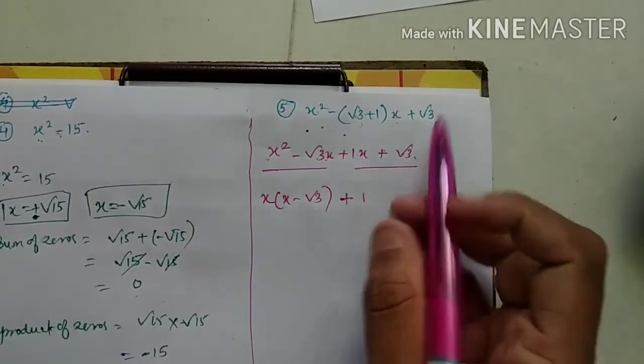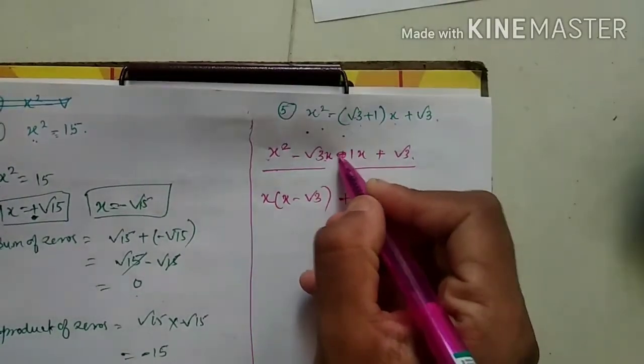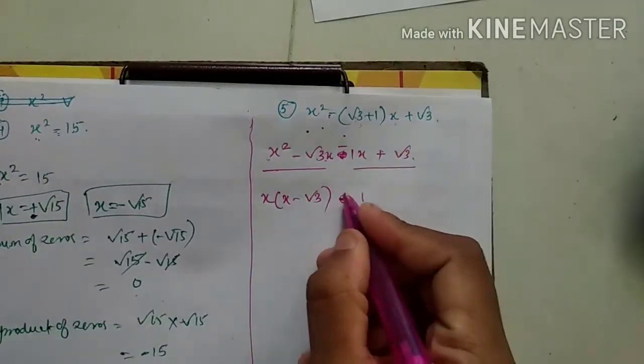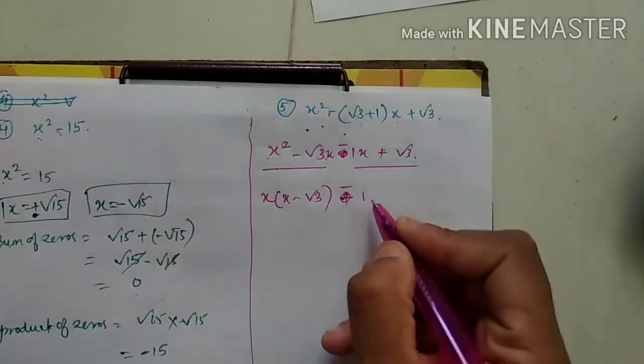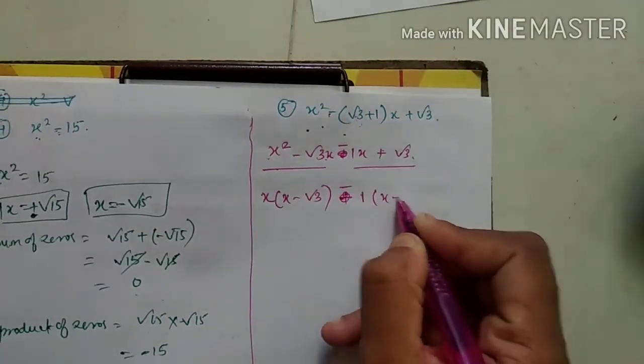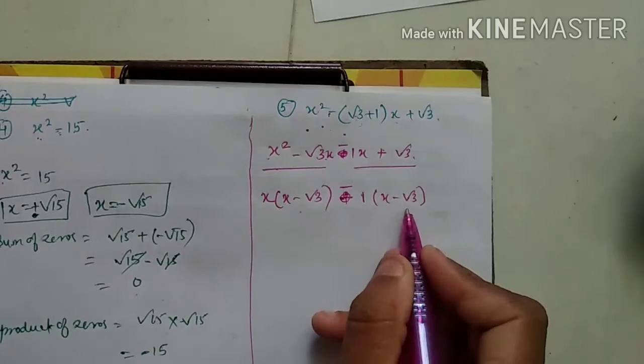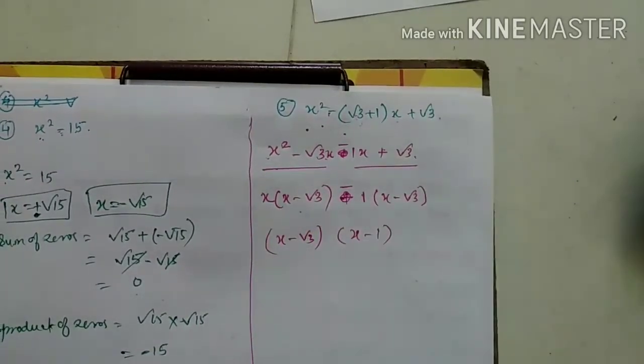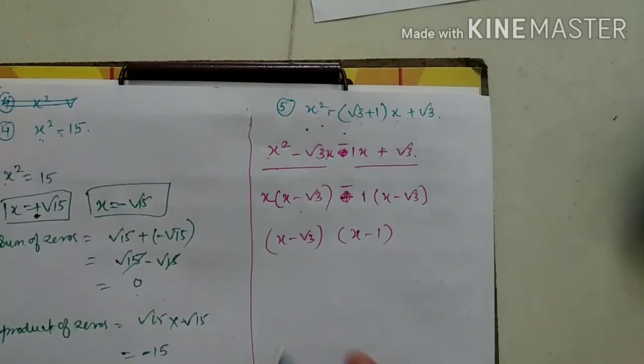Just understand, first of all, it has a minus sign. Sorry, the bracket is open now, so I am taking minus as common. So what am I getting? 1 I am taking common, x minus root 3. This and this are the same, so write it down one time. This and this write together. Correct. Again, I told you, you have to find the zeros.